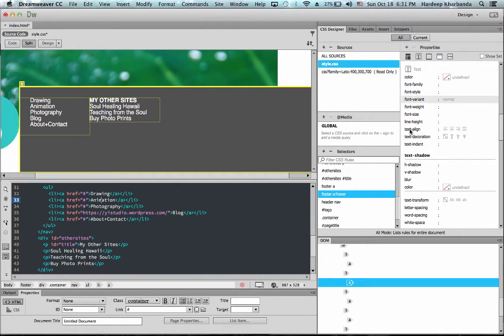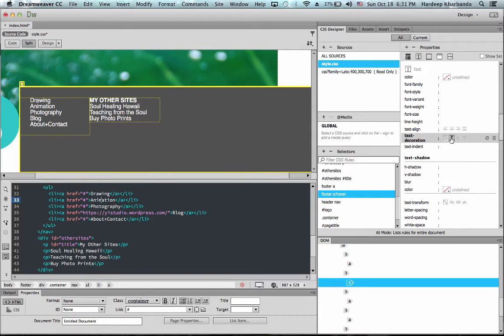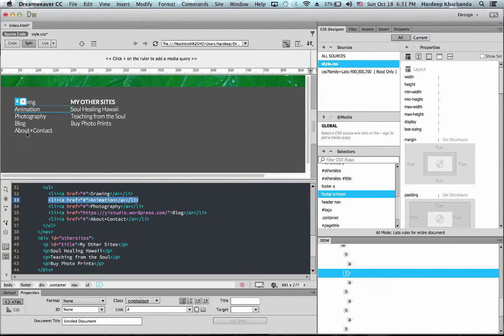So in text properties, I go down to text decoration and choose underline. So you can see in live view that when I hover over these links, they get the underline.